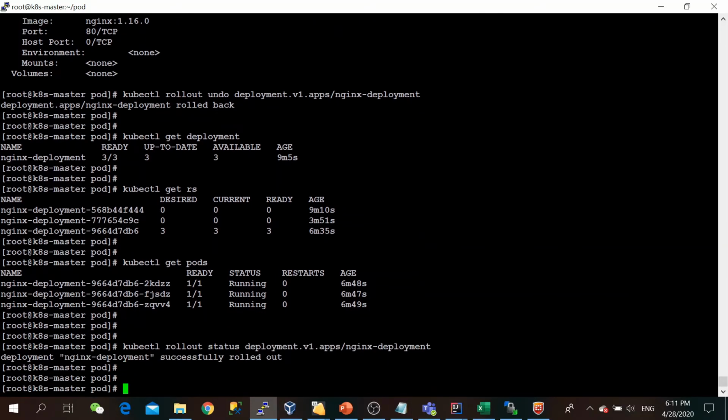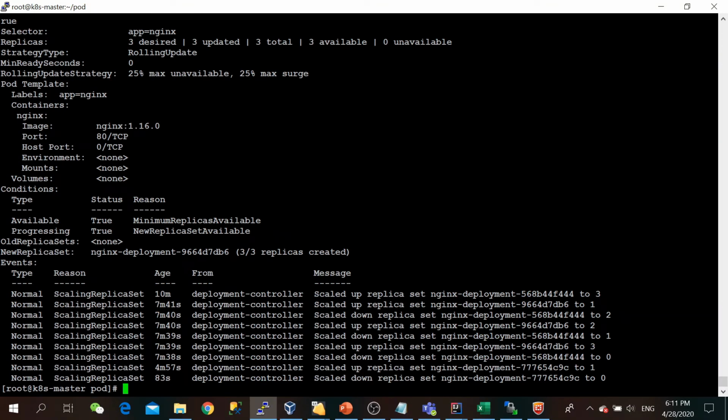You see that it has been successfully deployed in its previous version, and we can get confirmation by running the describe command: kubectl describe, and the deployment name, nginx deployment.